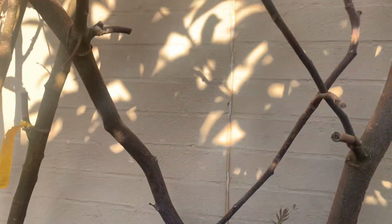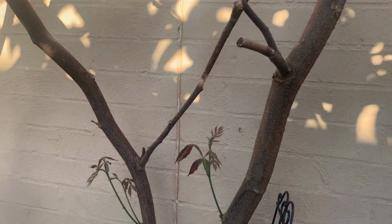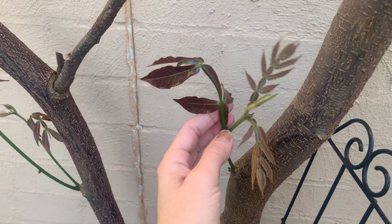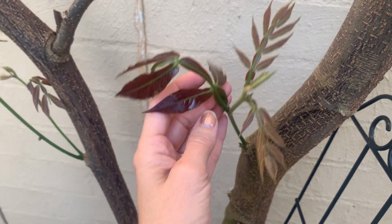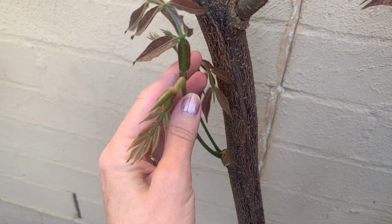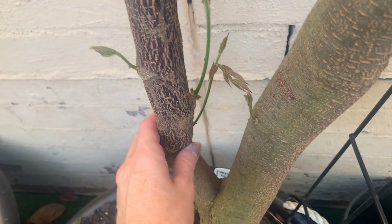Well, ice cream bean that I hacked. Wow, how quiet it is when they go. Lots of new growth, so I'm quite happy about that I didn't kill it. But again,